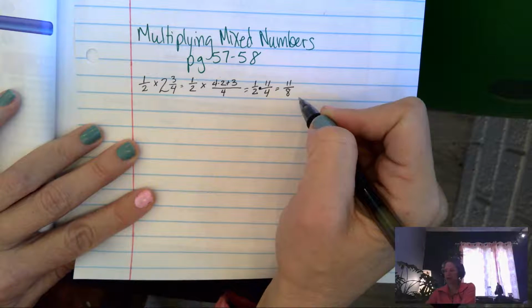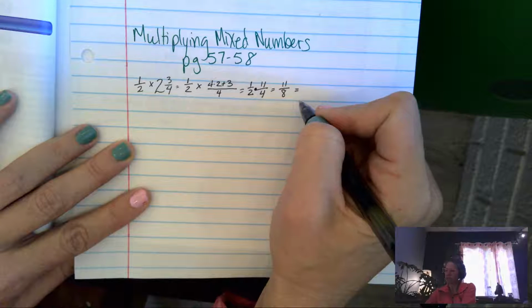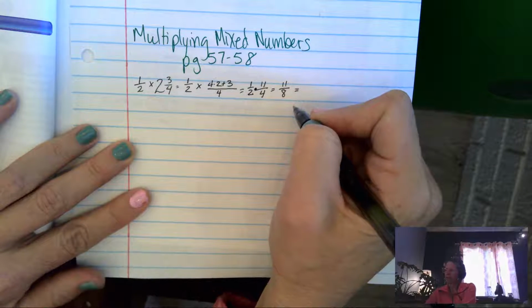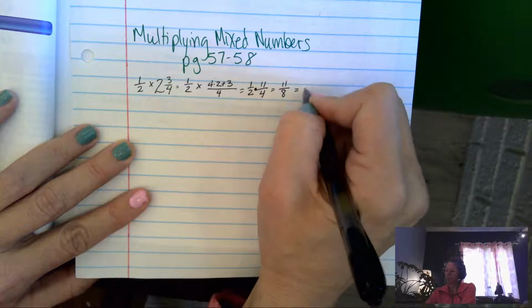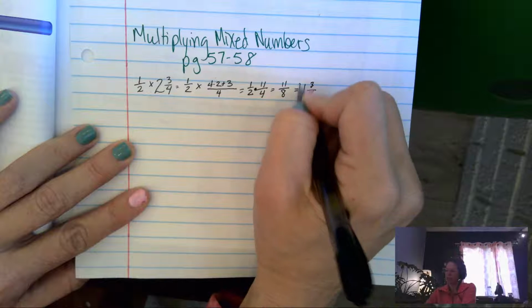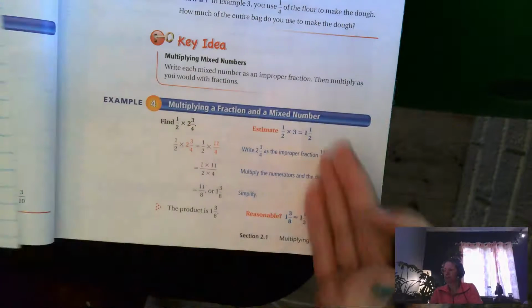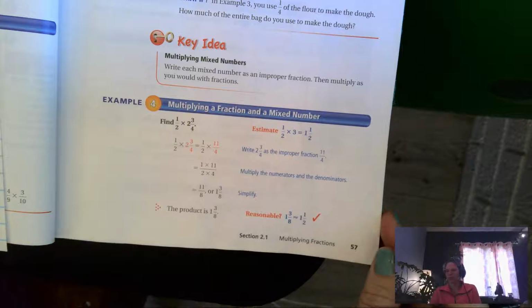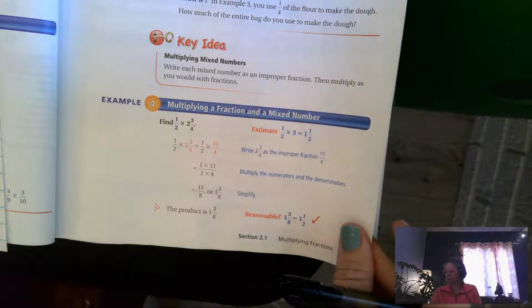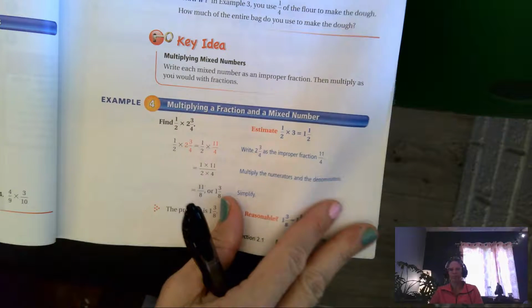But that is not written down in simplest form. We're always going to want to show our work in a mixed number. So 8 goes into 11 one time with 3 pieces left over. So our answer is written as 1 3/8. And that is how you do your multiplication of a fraction. So here's our fraction times a mixed number. Now, if you turn your page and look at page 58,